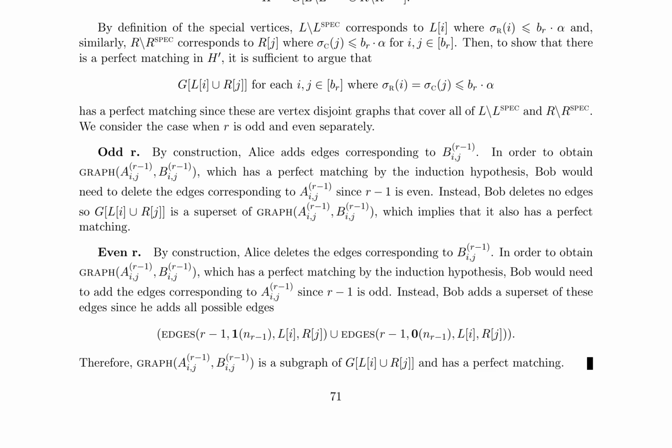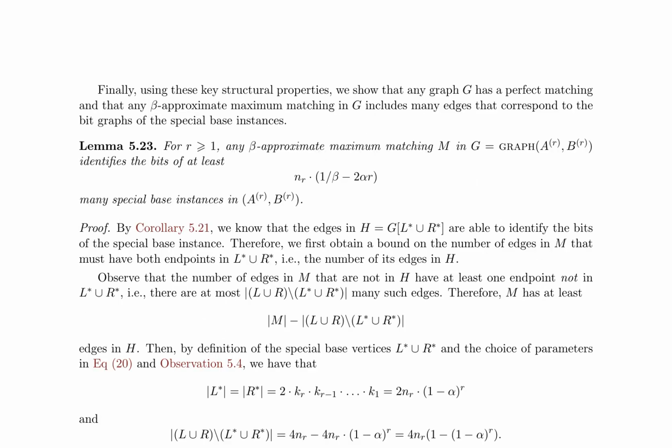For even $R$, it is shown that $G[L_I \cup R_J]$ is a superset of graph $A_{R-1}^{I,J}, B_{R-1}^{I,J}$, which has a perfect matching by the induction hypothesis. Lemma 5.23 establishes a lower bound on the number of special base instances identified by a beta